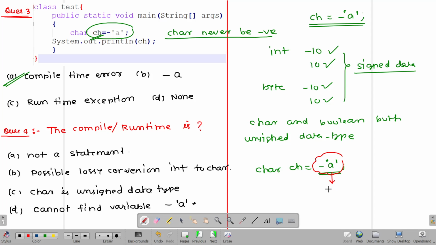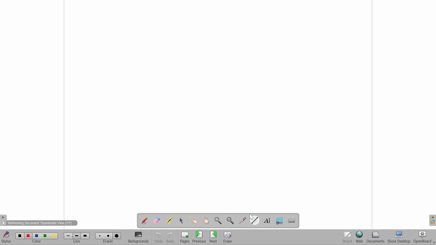The compiler thinks this is an integer because of the minus sign at the start. Okay, the compiler thinks this is an integer, but I already told you